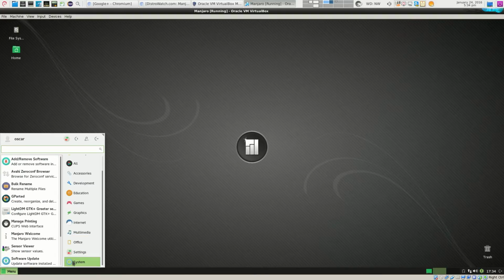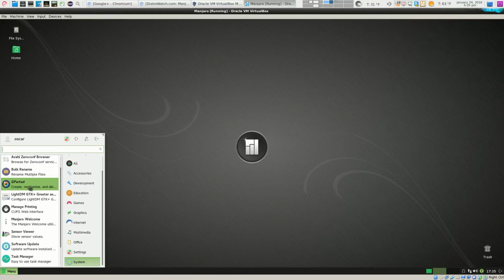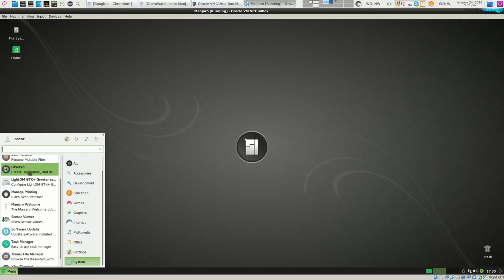And then you got your system, which has obviously add and remove software, the Avahi Zeroconf browser, and you know what that is. GParted allows you to make partitions, make a USB bootable, or different options, like the disk manager for Windows.